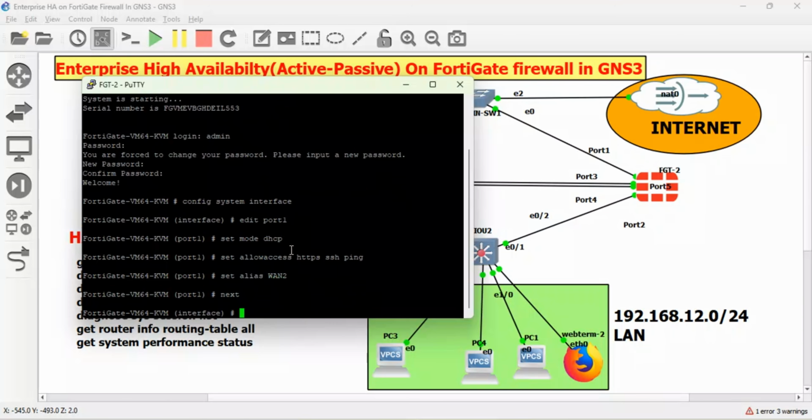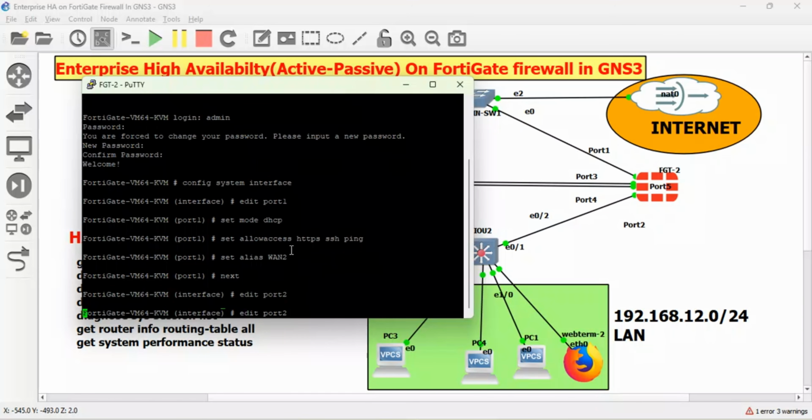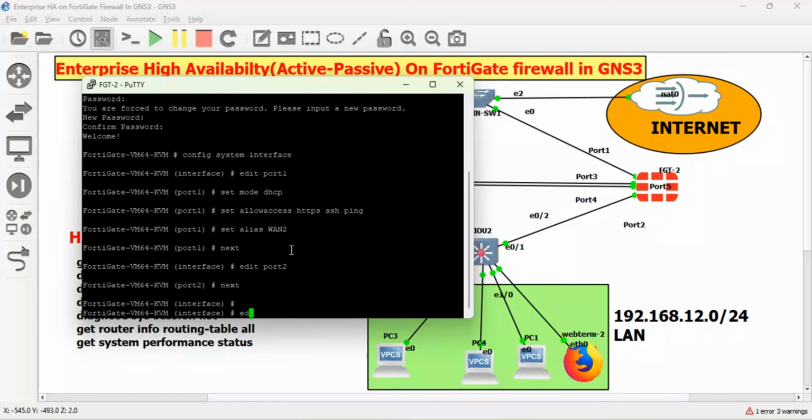Then next, edit port 2, set mode. There is nothing we can do on port 2 because it will sync directly from port 2 of the primary firewall. So we just configure the management interface